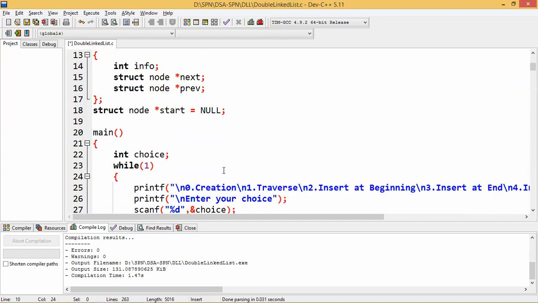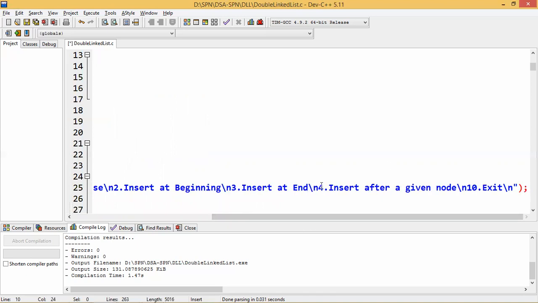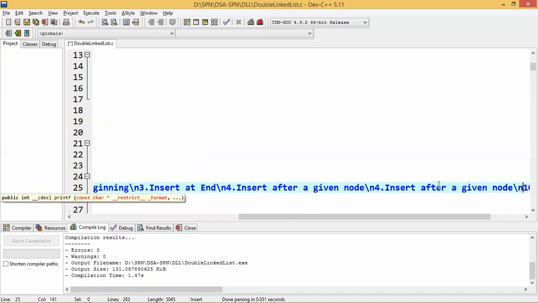Then as this is a menu driven program, you have to give the option for insertion. So option 5, insert at a specific location.